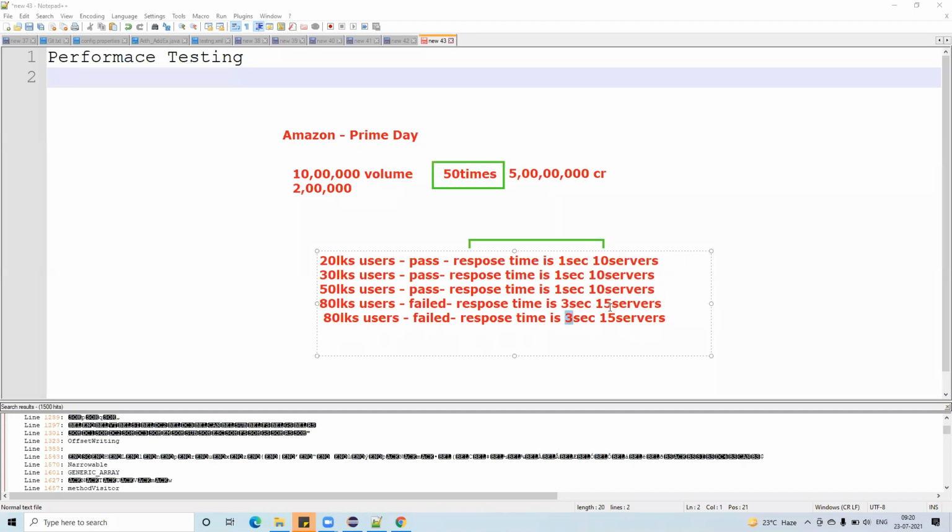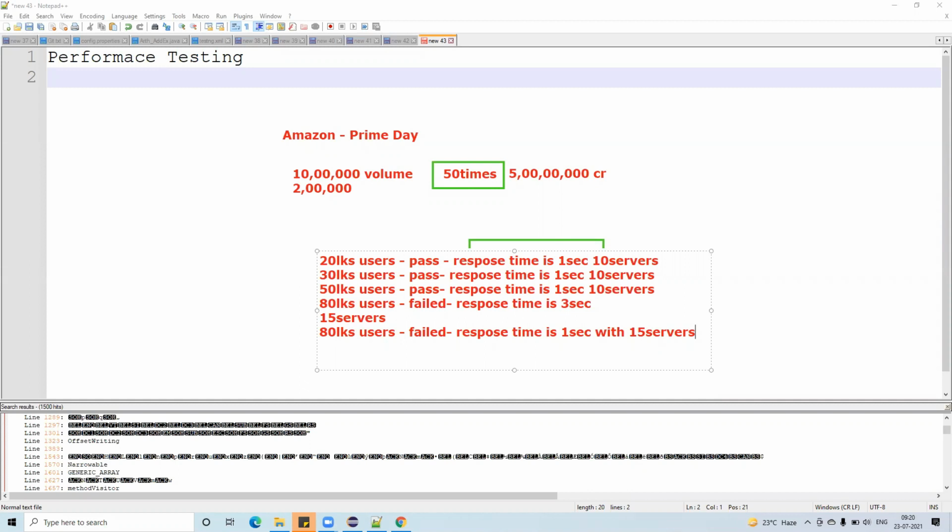Now the response time for 80 lakh users is 1 second with 15 servers. So whenever they increase the servers, at that moment the performance of the application is good. Agree or not? Yes, sir.